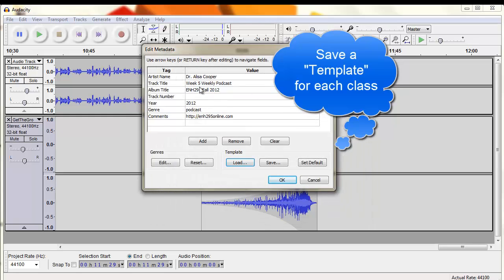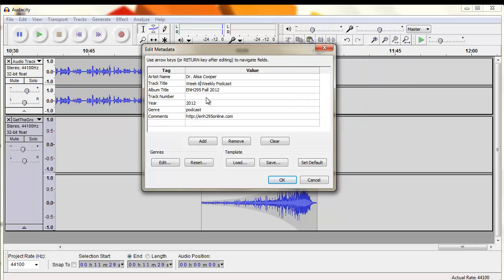And I bring that in, and it has this preset. And all I have to do is change the week each week. So I go from week 5 to week 6. And then what I do is say OK, and it will mix down my